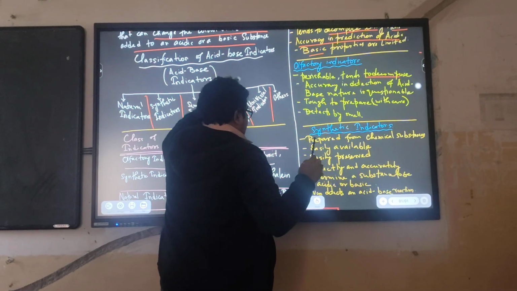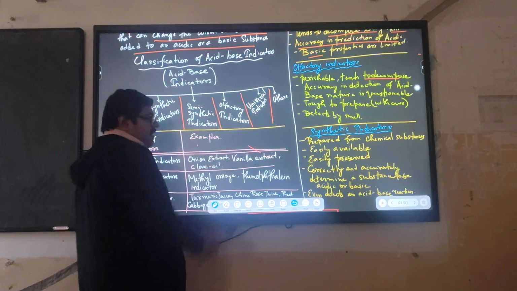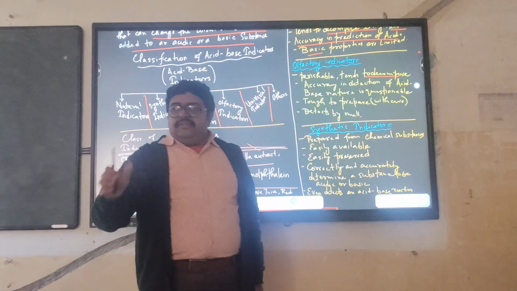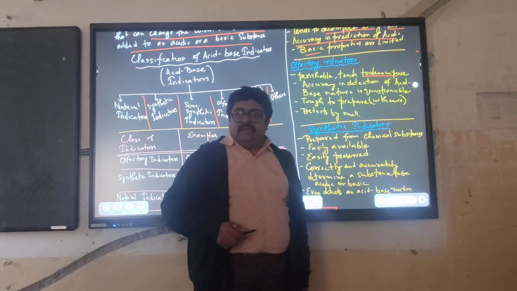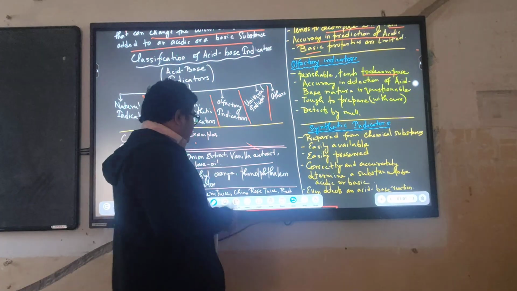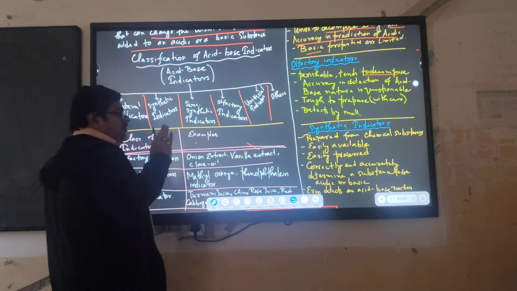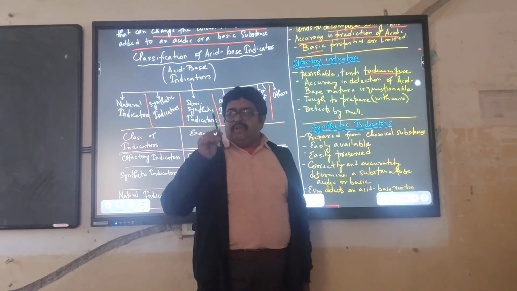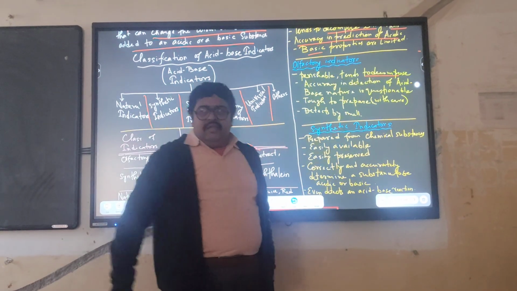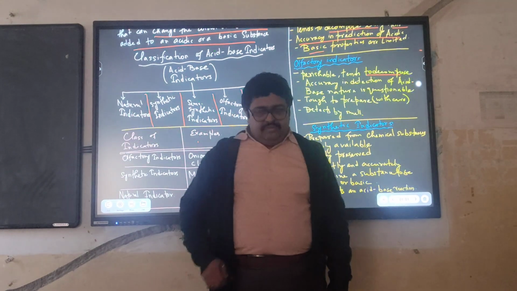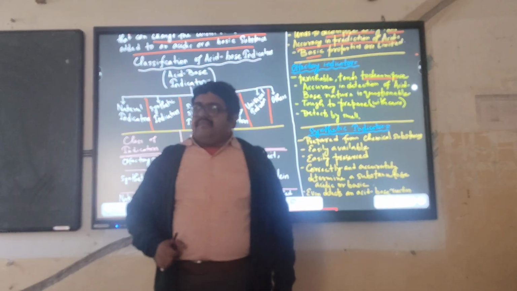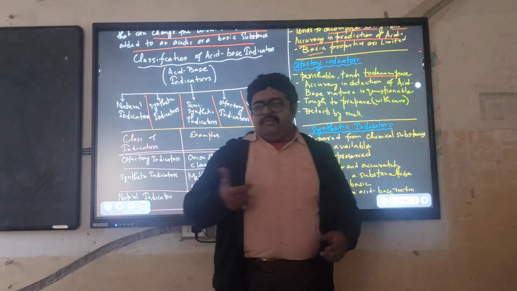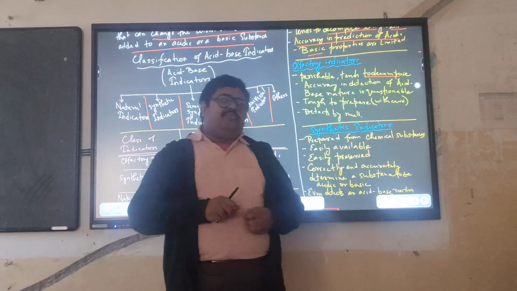Now a question may come, what about the semi-synthetic? Semi-synthetic is actually the natural indicators that are modified chemically by humans. I will give you a simple example. If turmeric juice extract is a natural indicator, then modified turmeric juice extract is a semi-synthetic indicator. It is available in the form of paper, like litmus paper is also available, but not so pronounced